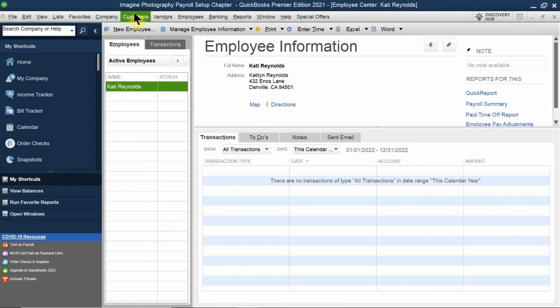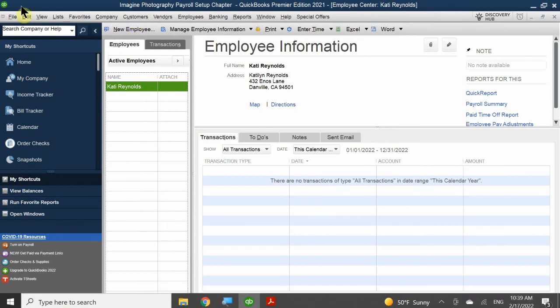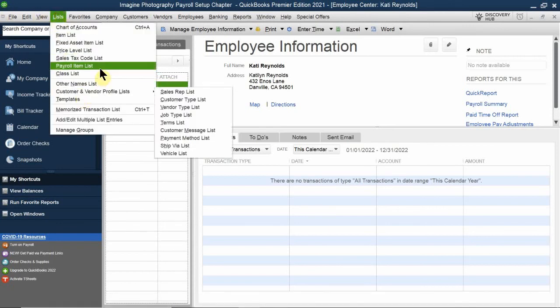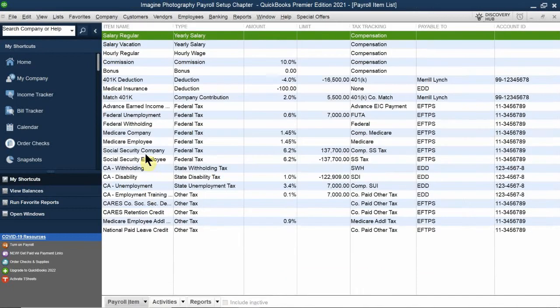Okay, so let's take a look at my payroll items once again, because this time after completing the interview, let's see what happened to my payroll items list. Boom. When I first saw it, I only had 5 accounts and 5 items in here. Now, because I went through the interview process, I set up my benefit items. I set up my health insurance items. I set up all of my items accordingly. And there you go. That is my whole entire list right here of the payroll items that I created through